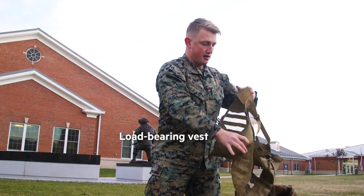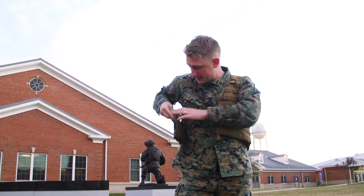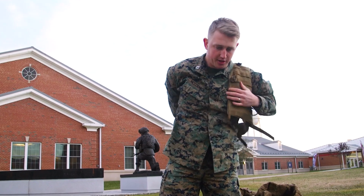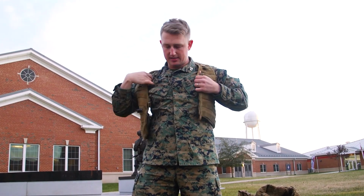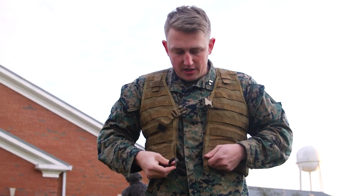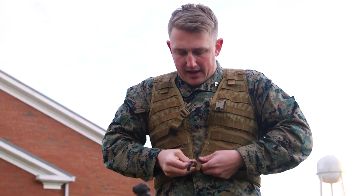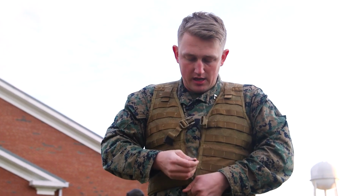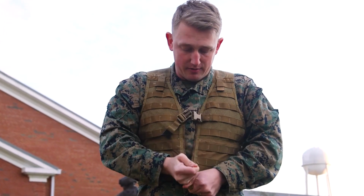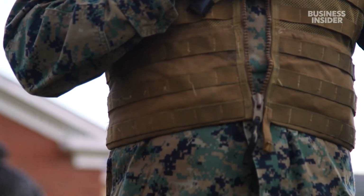This is either known as a fighting load carrier or load bearing vest. It's the same nomenclature either way for the same system, but this allows me to wear something that's a little bit lighter, a little bit more expeditionary if I'm working in an environment that allows me to not have to use a plate carrier, or if I'm trying to go lighter or stealthier in a given mission. But it'll zip up and allows me to carry anything on my flak that I normally have,